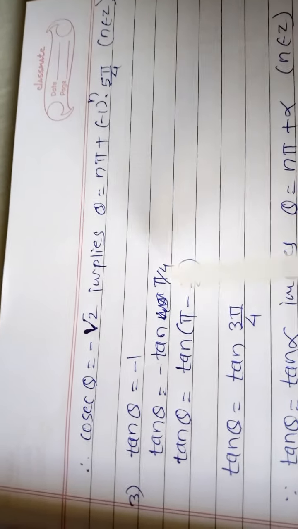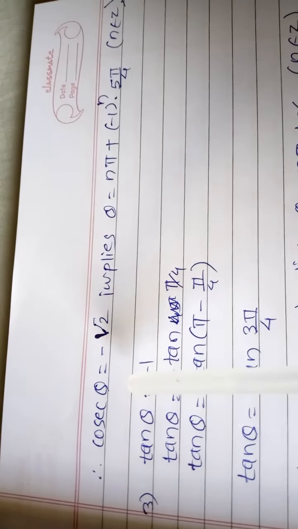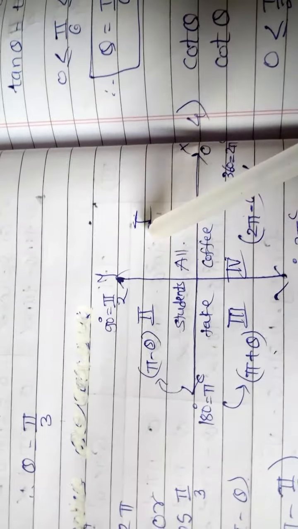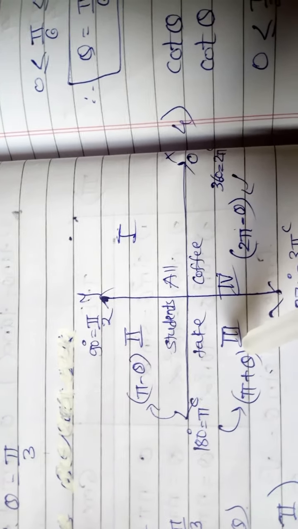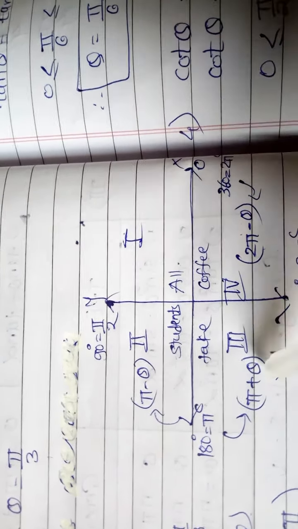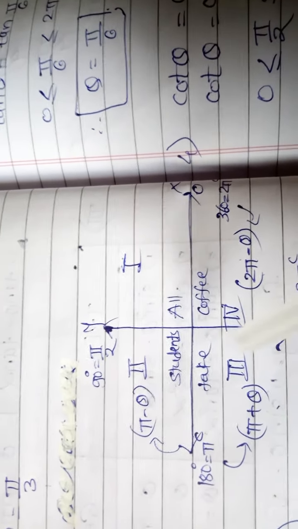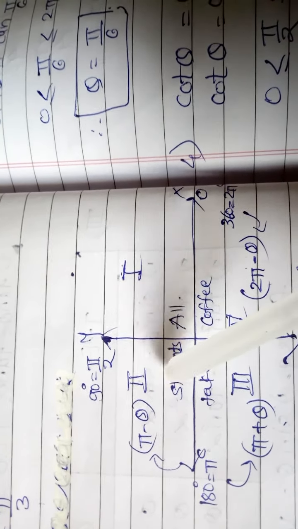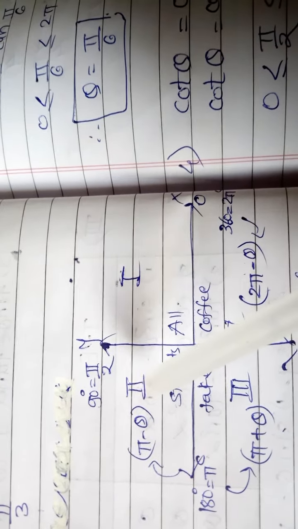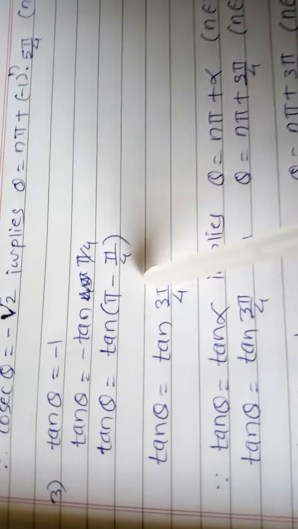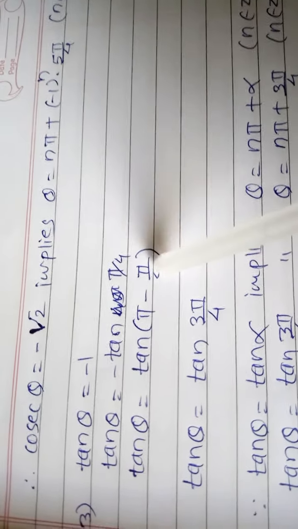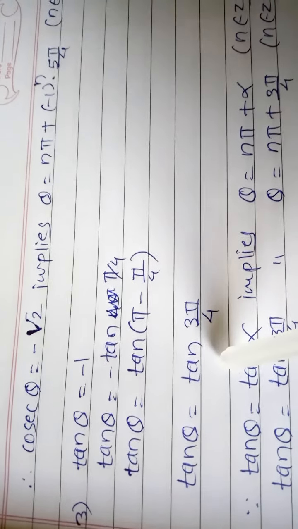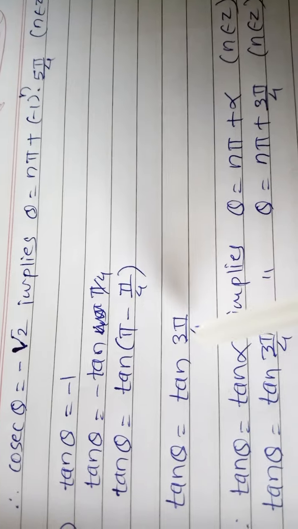So how do we find it? You know in which quadrant tan has negative value. Let me repeat it again. See here, in first quadrant tan has positive value, and in third quadrant tan has positive value. So first and third have the positive values. Now the remaining quadrants, second and fourth, in the second quadrant and fourth quadrant tan has negative value. So out of these two quadrants, second and fourth, which comes first? That is second. So we have to take this one, so pi minus theta. So here I am taking pi minus theta, where the value of theta is pi by 4. So tan theta is equal to tan 3 pi by 4, taking the LCM we get 3 pi by 4.